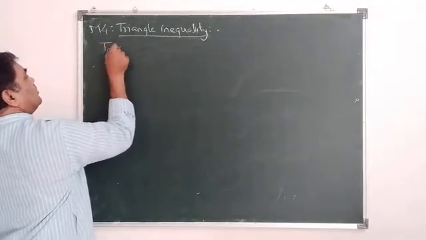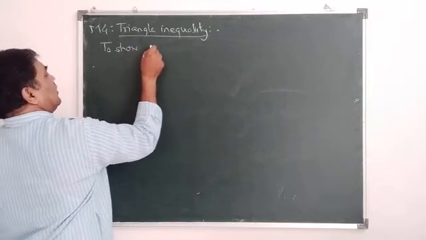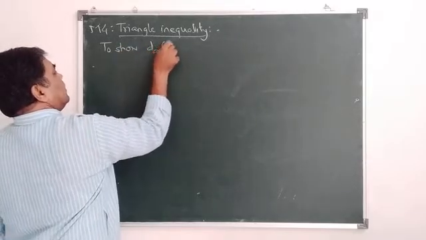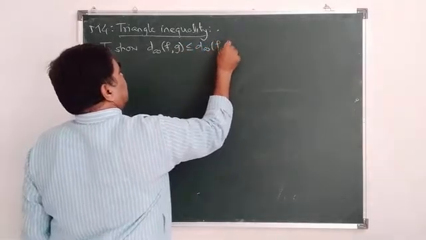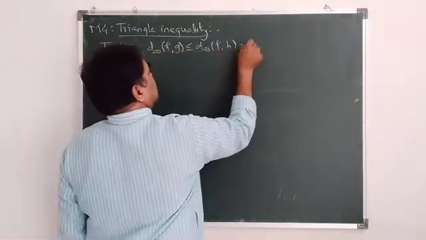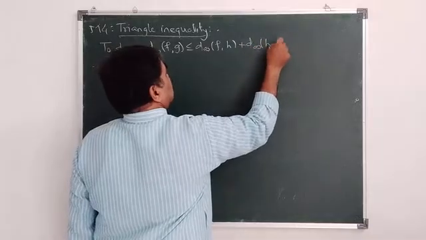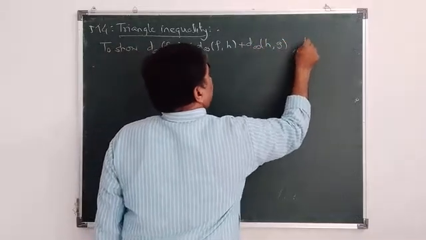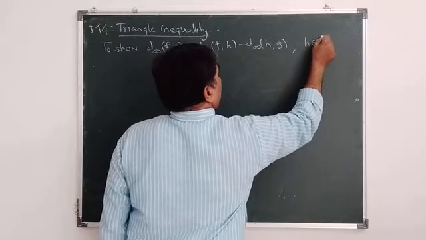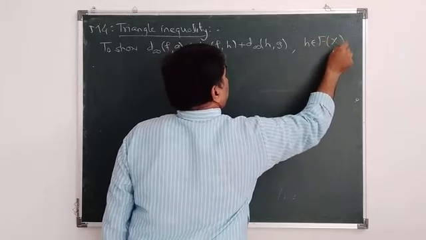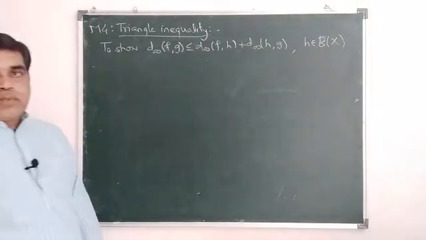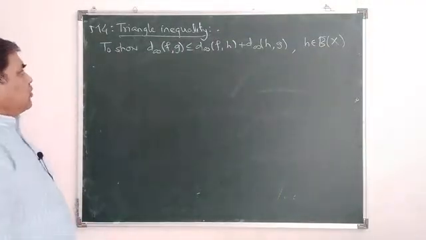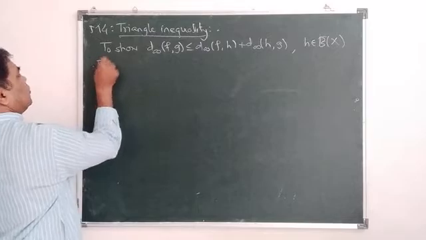To show d infinity of fg is less equal d infinity of fh plus d infinity of hg, h belongs to Bx. It is a bounded function from X to R. So for this,